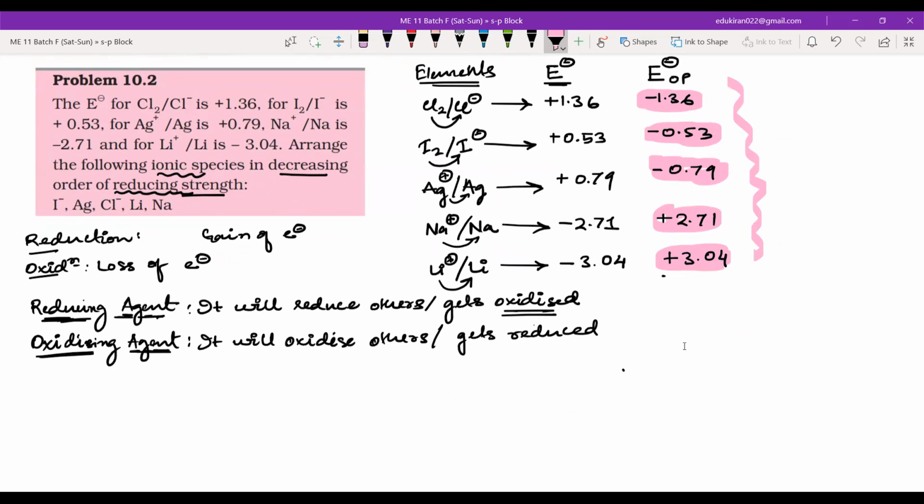This is the reduction power given, and this is the oxidation power. This is the reduction power, like how a particular element is going to get reduced, and this is the oxidation power, how fast a particular thing is going to get oxidized. And a reducing agent is something that will reduce others and it gets oxidized. So the order will be: lithium can oxidize most easily, followed by sodium, followed by I negative, followed by